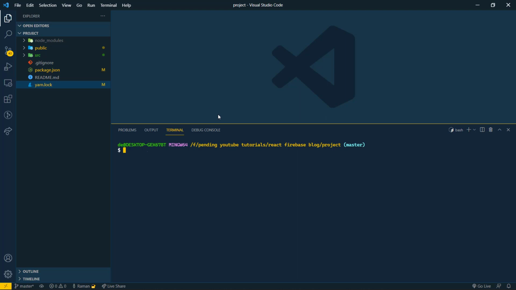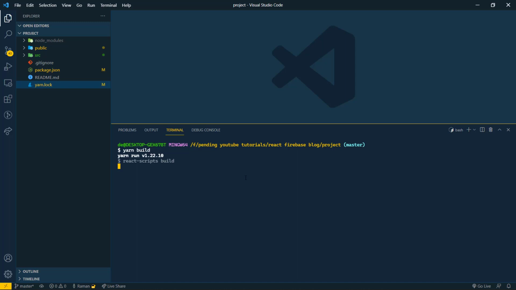If your Firebase tools has been installed successfully, now first of all you have to build this website. For that, I'm using yarn, so I'm going to write yarn build. This will build the website so we can run it on any server. It will contain one HTML file and some assets, like images if we are using some, and JS files, which will be in chunks, etc.